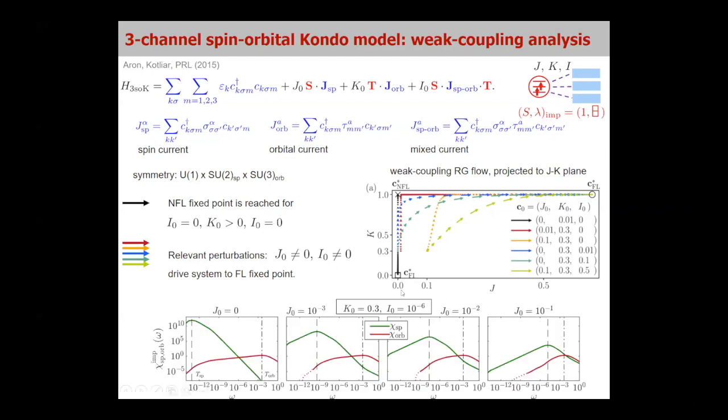And let me indicate down here how these spin susceptibilities and orbital susceptibilities behave. If you take an RG trajectory like this, where the spin exchange is quite large, then you get the type of plots that I showed you earlier. So there's orbital Kondo screening and then spin Kondo screening. And the regime of spin orbital separation here is not very big. But if you tune J0 to be smaller, you can push apart these two scales. And as you keep making J0 smaller and smaller, this regime widens and widens until in the end, you can